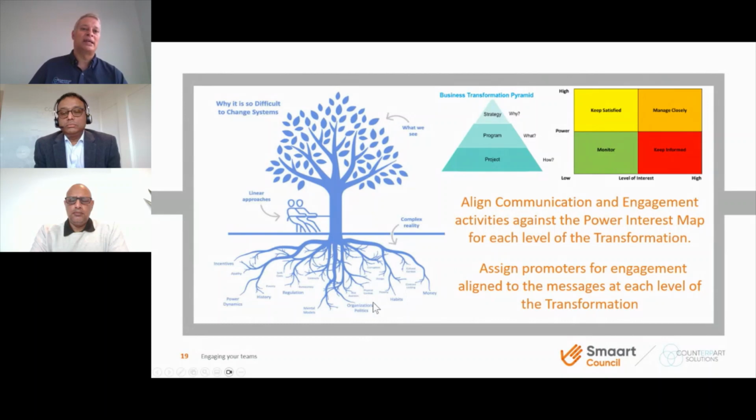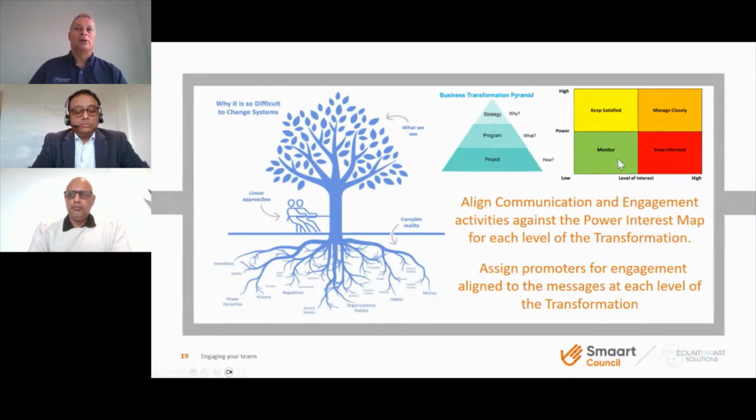And that's the way we've tackled these sorts of approaches, where the root cause analysis here is being tackled by keeping those key stakeholders satisfied that we're moving in the right direction, monitoring the people that are monitoring the project, making sure they feel comfortable that those people are being listened to, making sure that everyone's informed about the changes, and then managing key subject matter experts that own those spaces very closely, making sure they feel engaged and heard, and that their concerns are being listened to and addressed within the transformation.